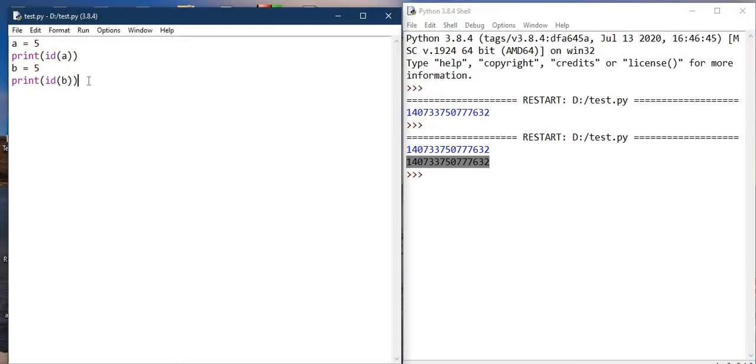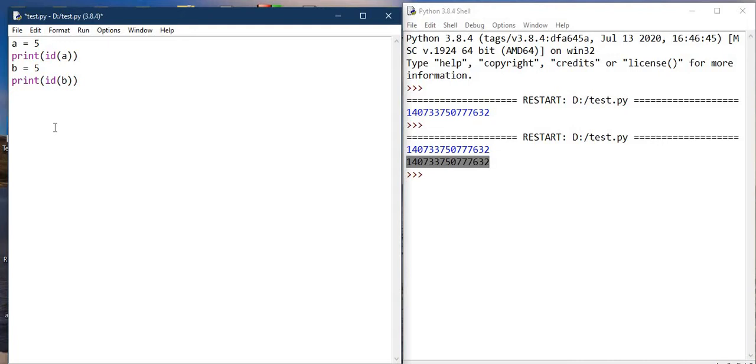So this is a memory concept of Python. If by default we are creating any two variables with the same values, then it will not create a different memory location. It will store the value in a single memory location, and it will point both the variables to that memory location.